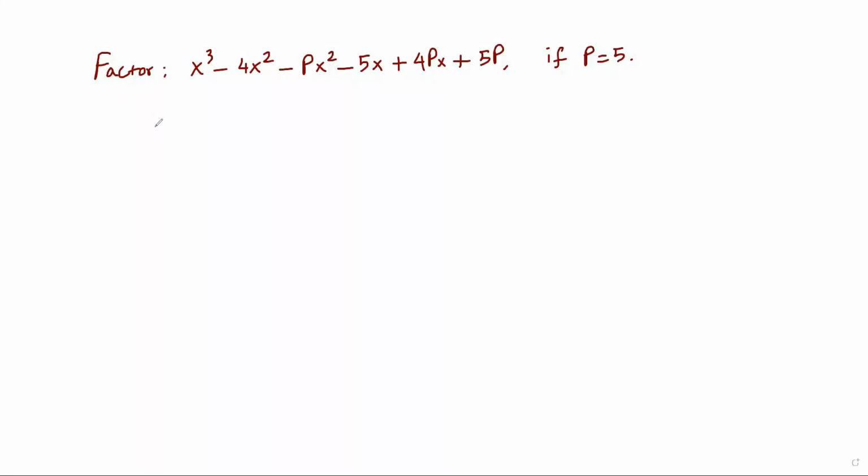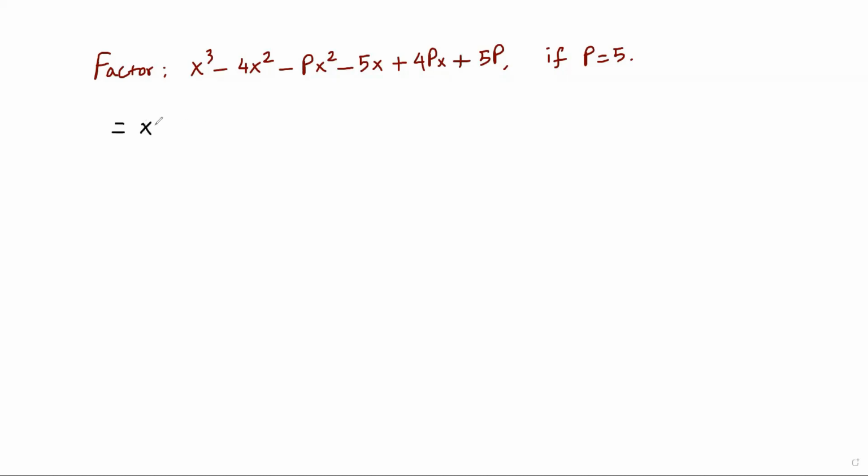Hi, in this video, we're going to see how to factor a cubic polynomial. So that is x cubed, negative 4x squared, negative px squared, negative 5x, positive 4px, positive 5p. And the value for p is given, that is p is equal to 5. Okay, our first work is we have to plug in p is equal to 5 into the given